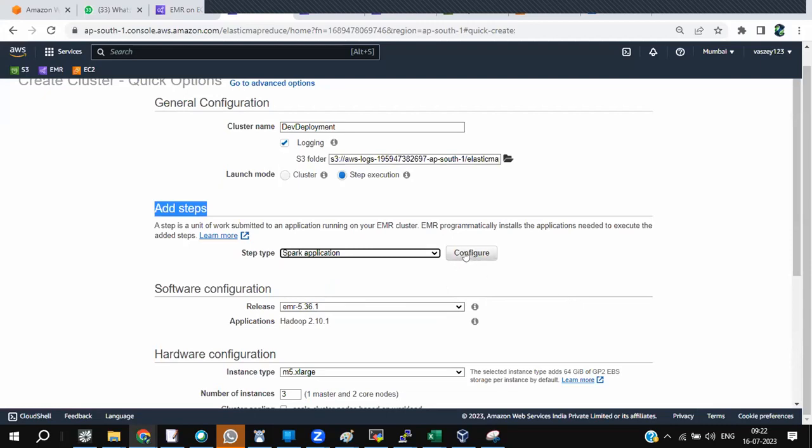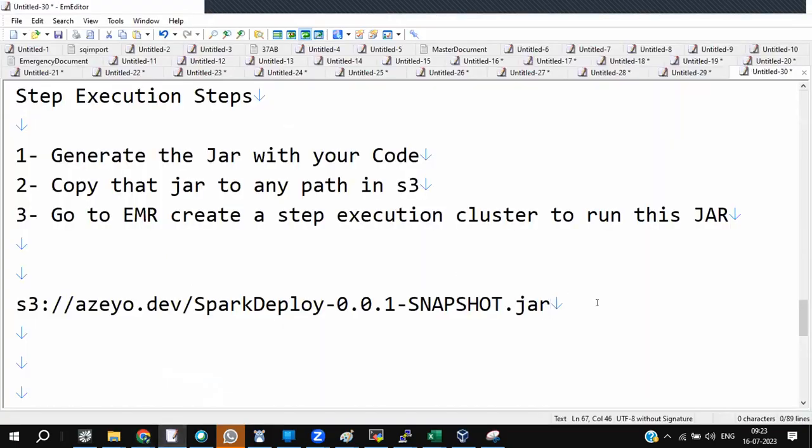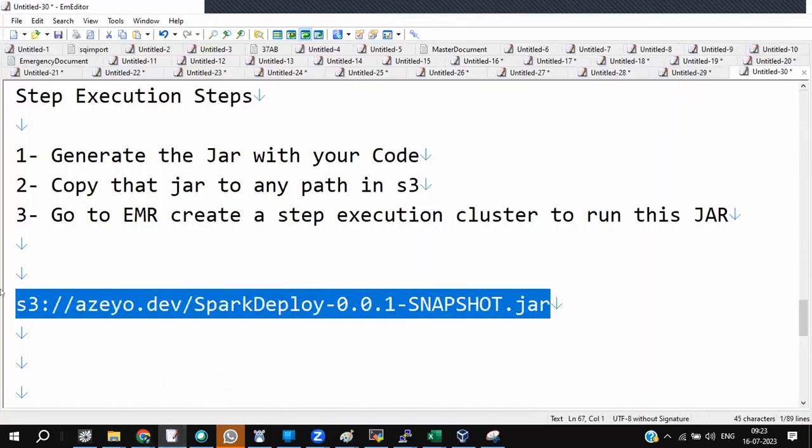Now what do I have to do? Check out here. Configure. Now I have to configure. Can you see a box open right now? All of you? Yes. A box opened. Anyway, we'll talk about this box. Just give me 1 minute. Before we talk about this box, folks, this is my jar.